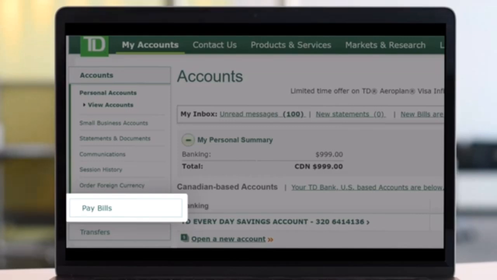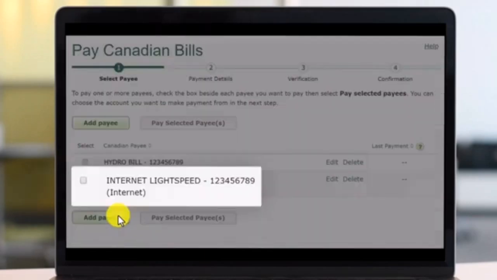Now, first of all, what you have to do is go ahead and log into your TD Bank online banking. And then after that, you want to come to the account page. Once you come to the account page, here you'll find the section that says Pay Bills. You want to go to the Pay Bills section, where you need to click on the option